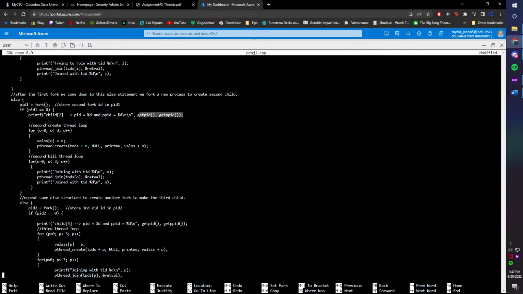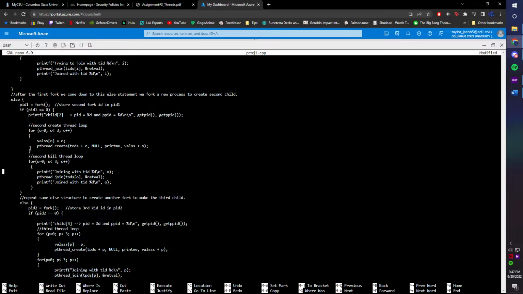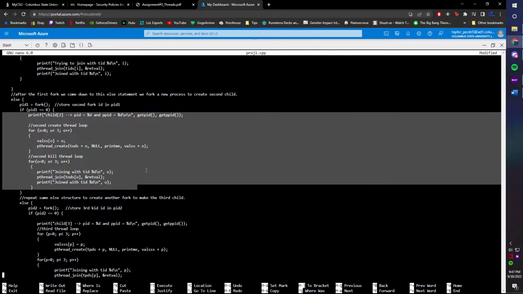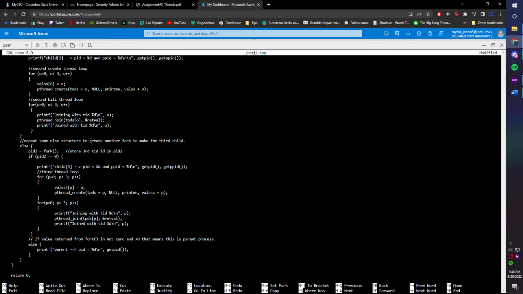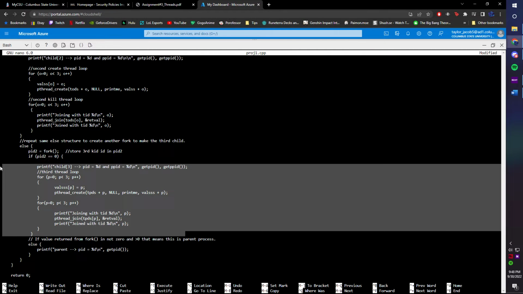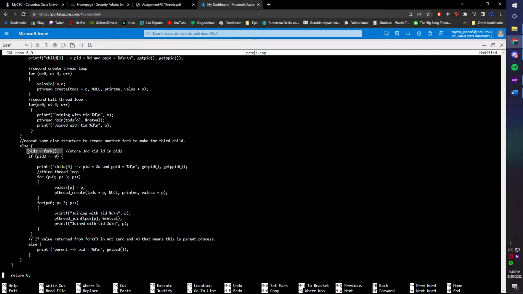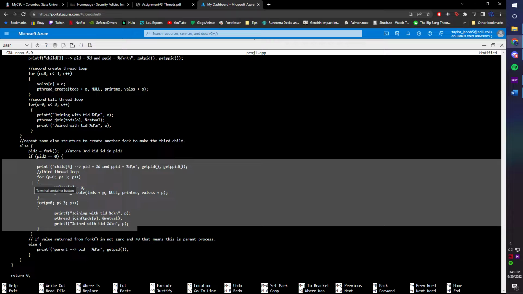along with its ID and its parent's ID. So where we create our loops, it's exactly what we just did in the first child, just doing it in the second child. And then you do this process one more time with our third child. So we, again, else, and then we immediately fork inside of this else to create our third kid. And we store that in PID2. And then we go into our thread creation and joining process